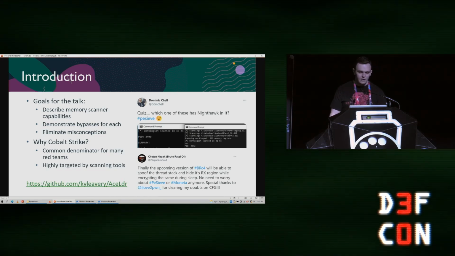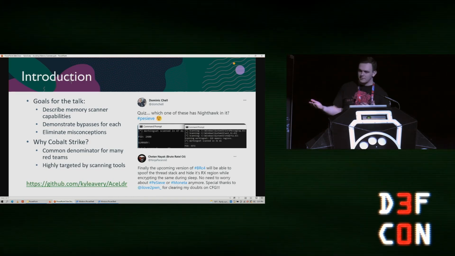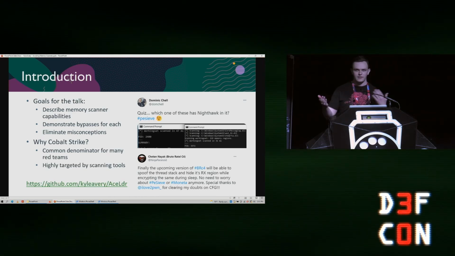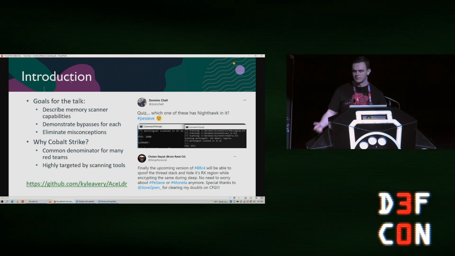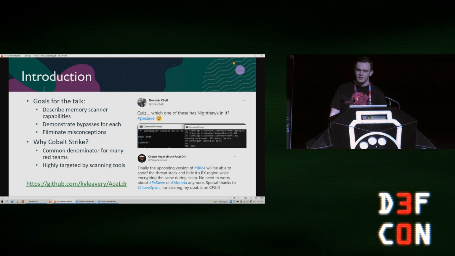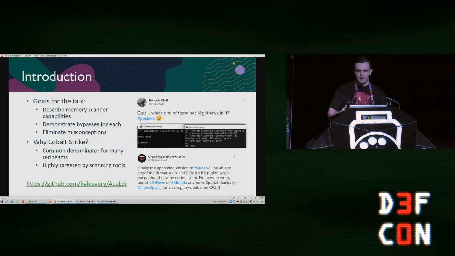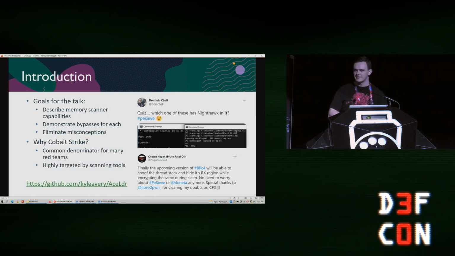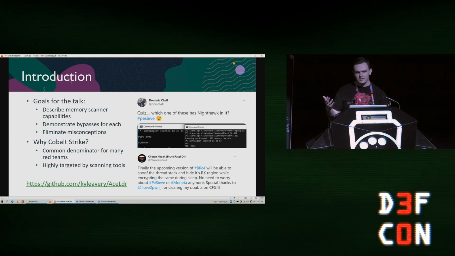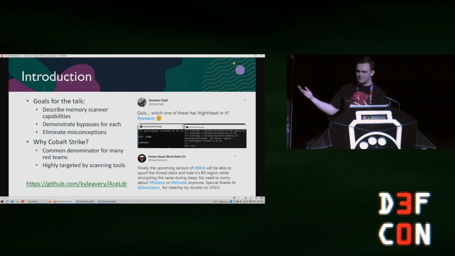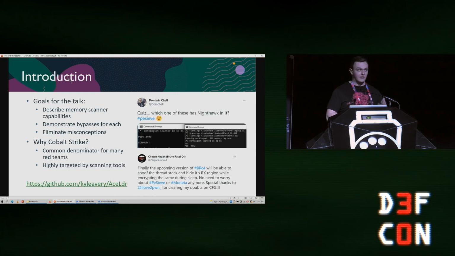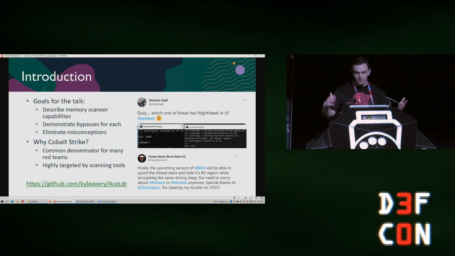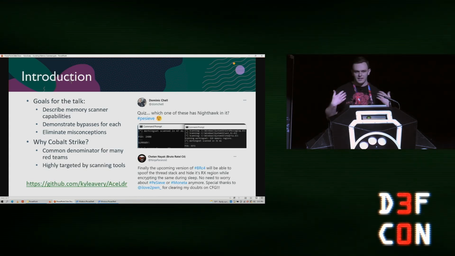When I was at Black Hills and I started looking into this, we really heavily used Cobalt Strike, and I'm sure that's true for a lot of other red teams and maybe even penetration testers. So all of the work that I've done is made to work with Cobalt Strike. It's not specific to it. It doesn't necessarily use any unique features. So you could take any of the techniques and the code that we're going to talk about and port it to something else pretty easily. But it's all going to be about Cobalt Strike specifically because that's what I and a lot of my peers are using.